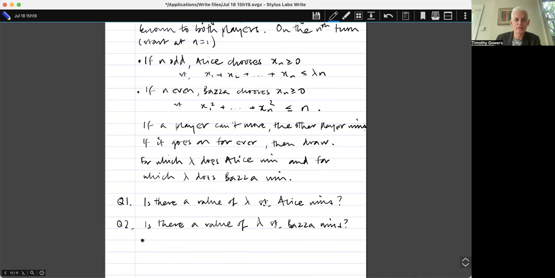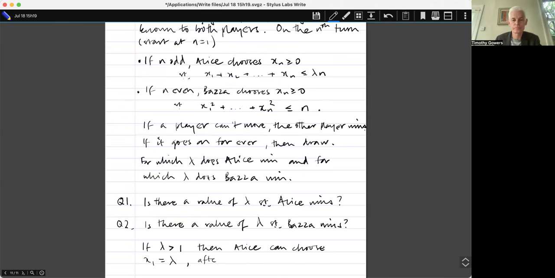So let's say if lambda is greater than 1, then Alice can choose x1 equals lambda,